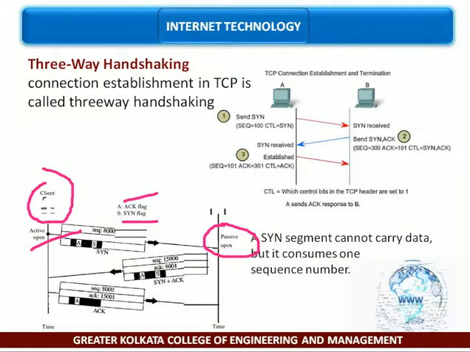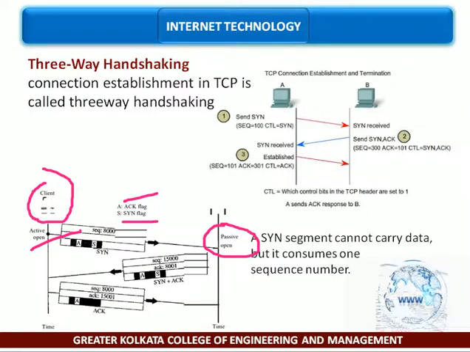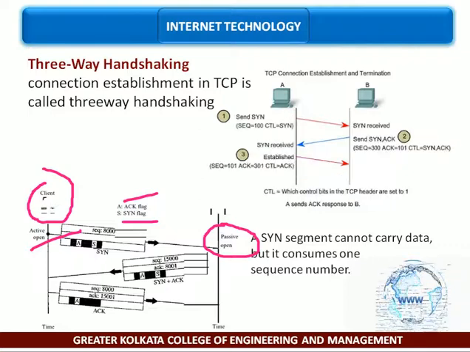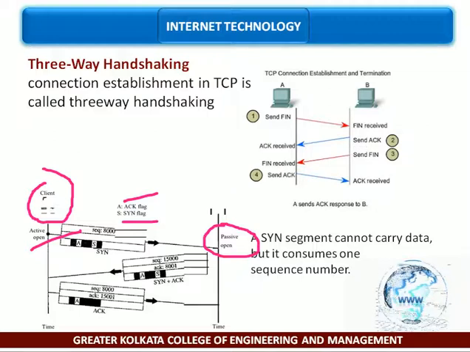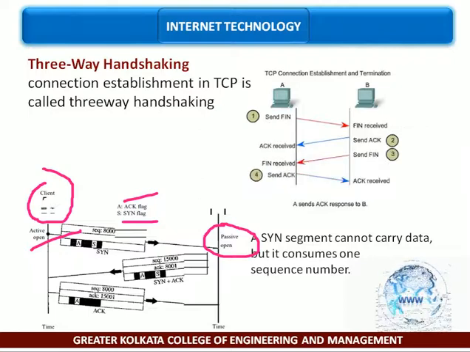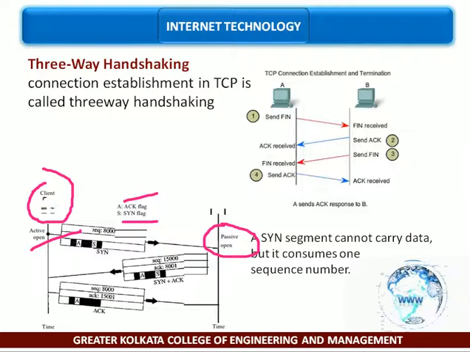To show the process, we use two timelines, one at each side. Each segment has values for all its header fields and perhaps for some of its option fields too. However, we show only the few fields necessary to understand each segment. We show the sequence number, the acknowledgement number, the control flags and the window size. So the three steps in this phase are as follows.